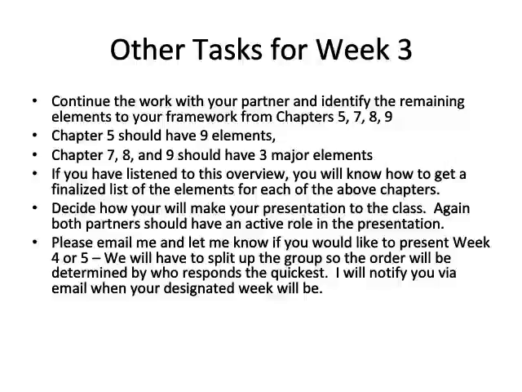Chapter 5, he included about 9 elements, and Chapters 7, 8, and 9, he condensed all that information into 3 major elements under each of the design questions. The total for all the chapters we have read then should total up to 41 elements that we need to think about as we're looking at what instructional strategies to use as we plan and as we conduct our lessons with our students. So once again, please email me if you would like to review your results,